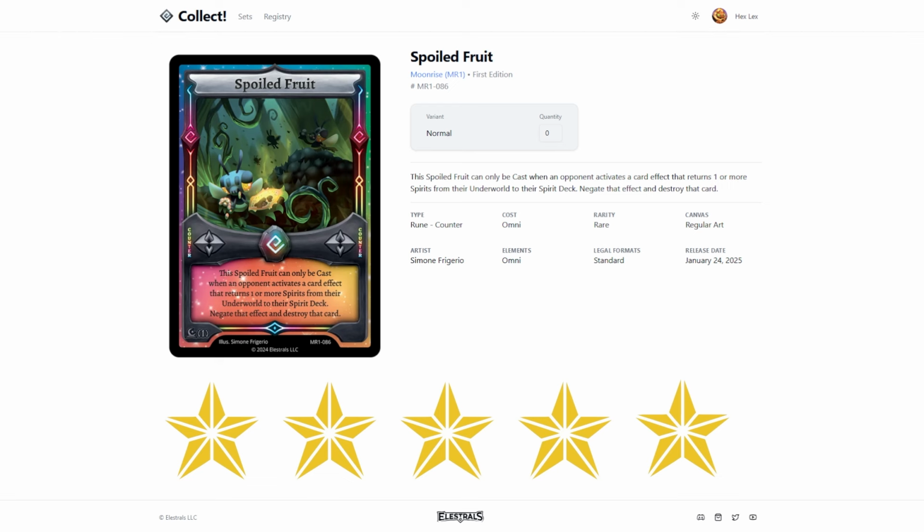I wanted to mention Elestrals that heal in particular because of the fact that this negates and destroys. It negates and destroys for one of any spirit. I think this card should have cost 2. If it was gonna cost 1, I think it should have only negated and not destroyed. But yeah, the fact that you can negate and destroy again for such a common type of effect, I think